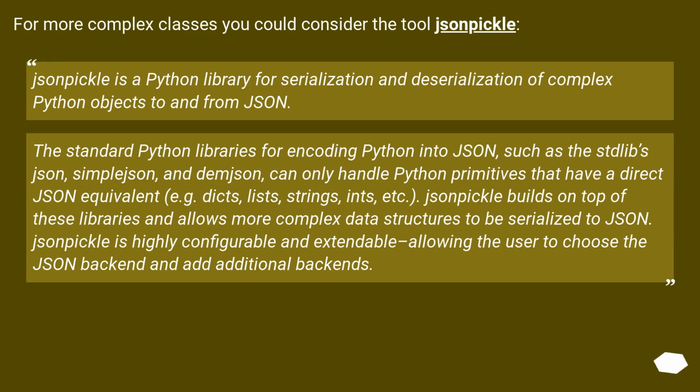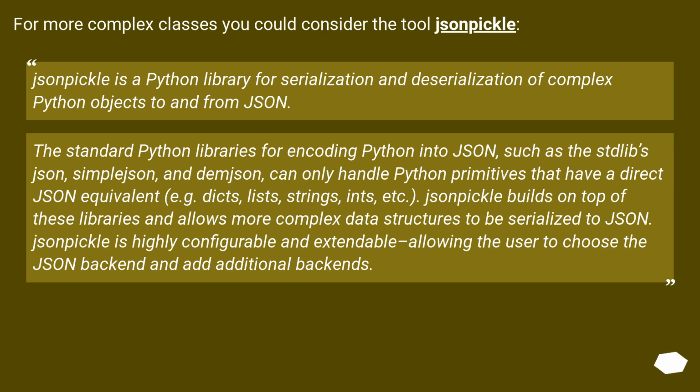For more complex classes, you could consider the tool jsonpickle. jsonpickle is a Python library for serialization and deserialization of complex Python objects to and from JSON. The standard Python libraries for encoding Python into JSON, such as json, simplejson, and demjson, can only handle Python